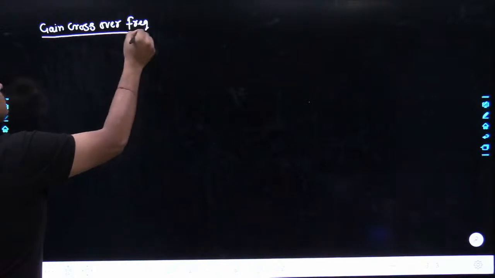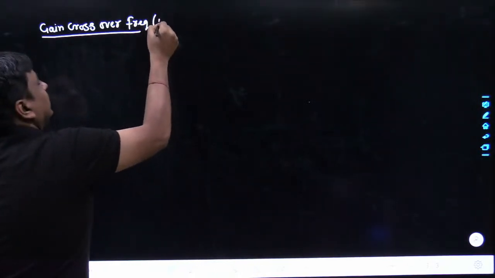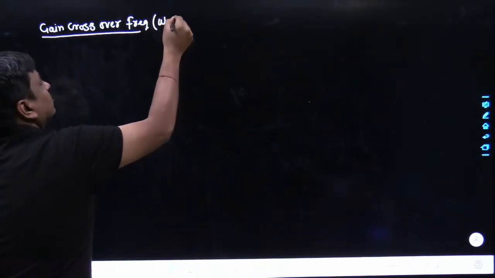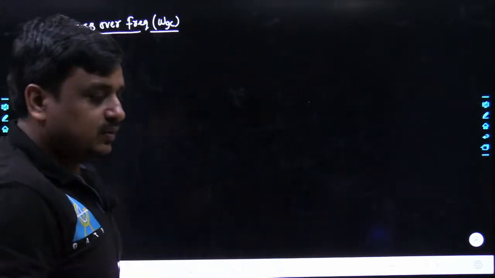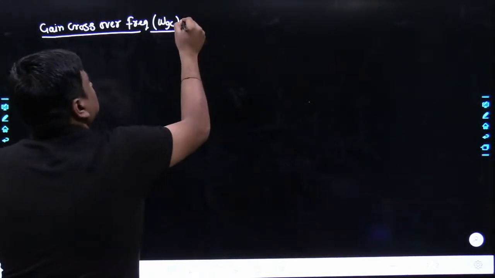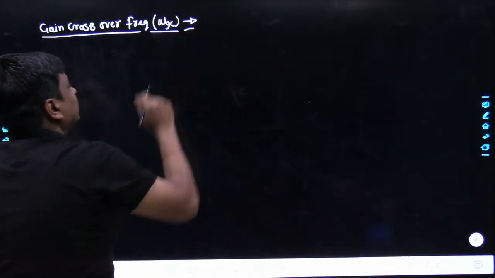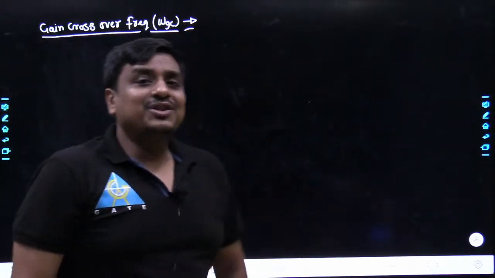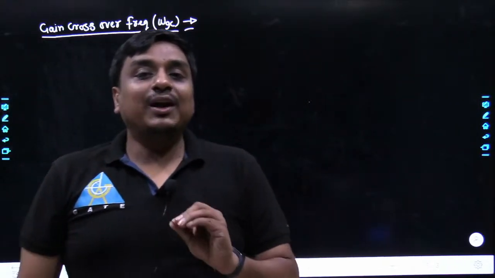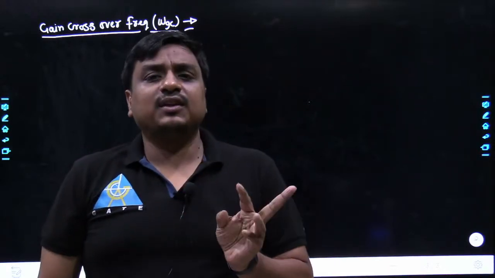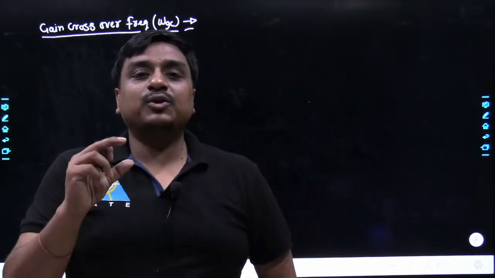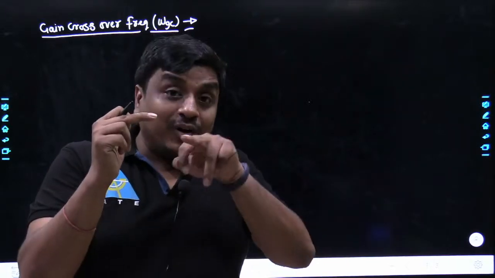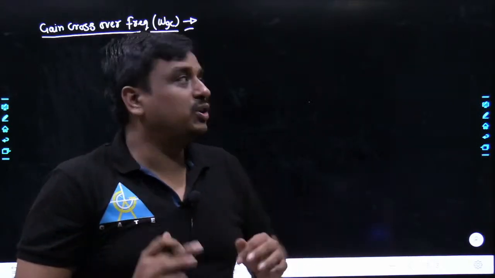And as the phase crossover frequency was written as omega PC, the gain crossover frequency would be written as omega GC. Yes, omega GC. Anyways, let me write the definition first. The frequency at which the gain offered by OLTF is unity in linear scale, and similarly if we convert into dBs, what we had to do? We had to apply a log over the unity, meaning 1, the value would become 0. So we can write